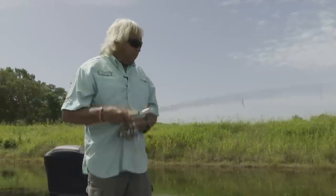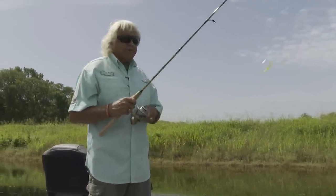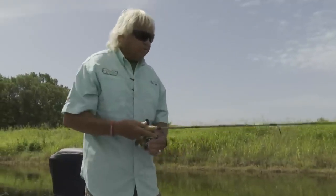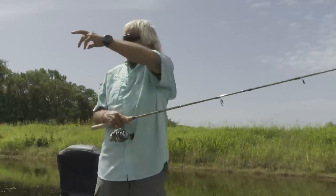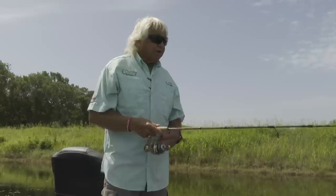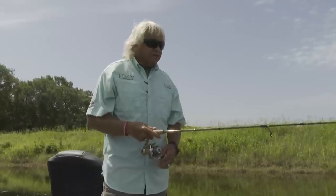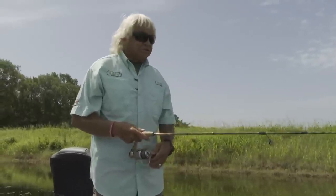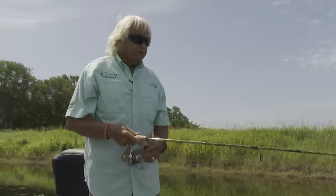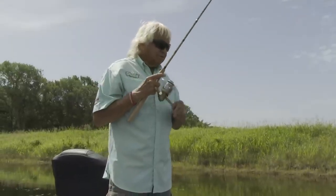Okay, let's look at some man-made structure there. Let's move out and see if we can find some ditches or channels, some places where there might be a little bit of a creek channel running through, or maybe a drain coming out of a pocket or a cove, and see if we can locate that. Now, if you got a live scope like I've got, where you can look out in front of your boat, you can actually find those ditches, and you can actually just drive down them until you see a bunch of crappie, stop and fish them. But if you don't have that, you can fish those and just